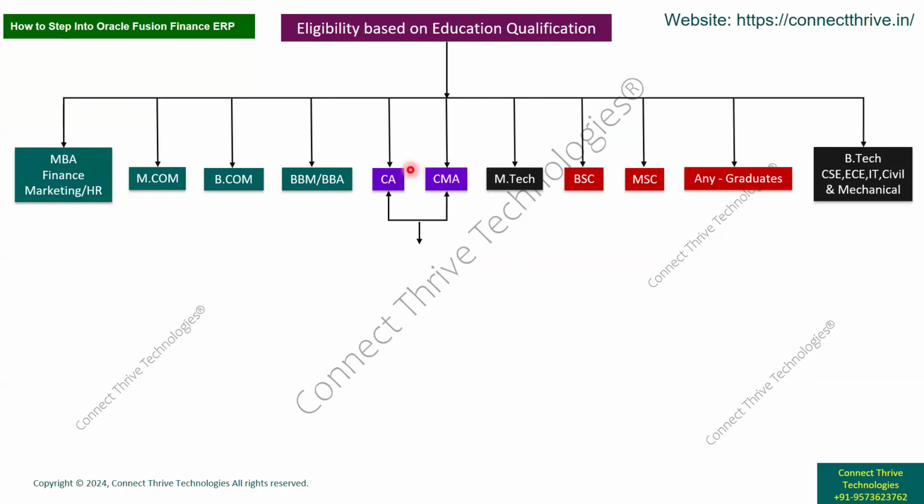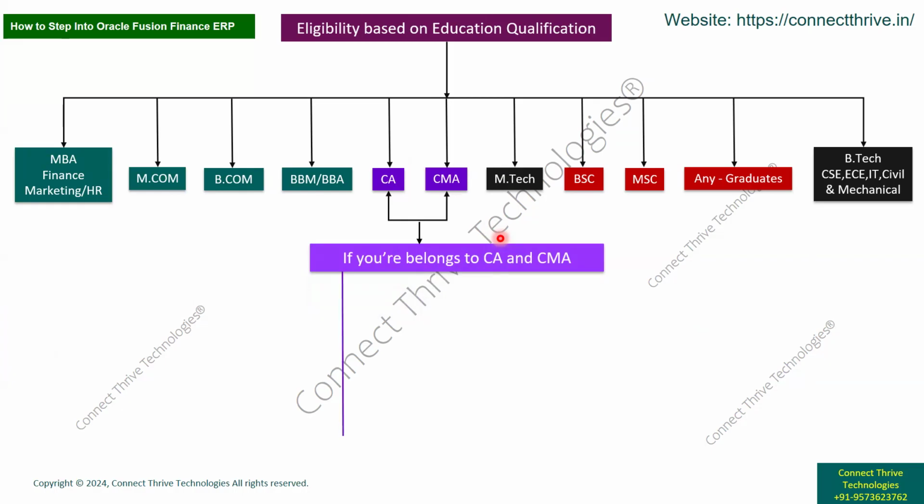Now we will talk about CA and CMA. If you belong to CA or CMA students, employees, or CA completed students, we'll talk about them one by one. If you are a CA dropout student, you already know accounting, how we need to book the accounting terminologies and functionalities. You are much more aware compared to other students and other professional employees. You are the correct person to understand all the business terminologies.